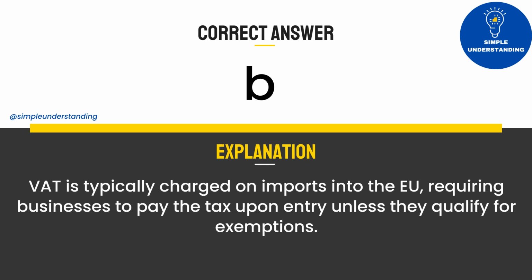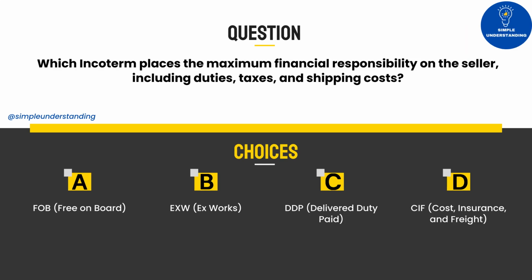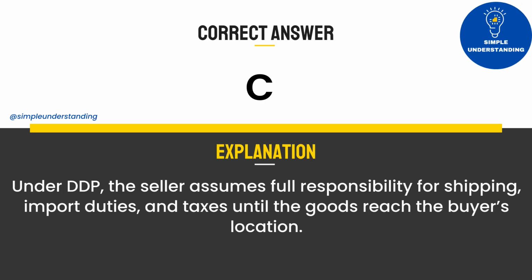qualify for exemptions. 5. Which Incoterm places the maximum financial responsibility on the seller, including duties, taxes, and shipping costs? A. FOB, free on board. B. EXW, ex-works. C. DDP, delivered duty paid. D. CIF, cost, insurance, and freight. Correct answer: C. DDP, delivered duty paid. Explanation: Under DDP, the seller assumes full responsibility for shipping, import duties, and taxes until the goods reach the buyer's